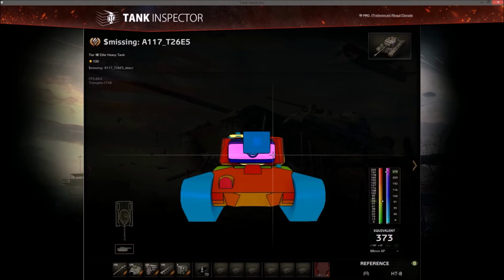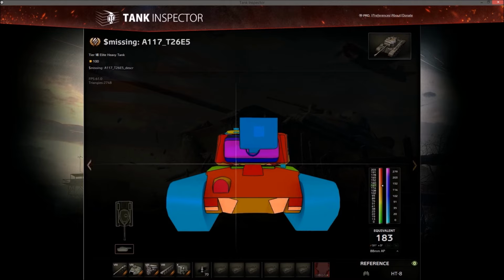Turret armor is 279 on the mantlet with some armor underneath, so you're not penetrating the mantlet. Good luck, but you're not. Side of the turret is 191. So unless you hit this part and just barely miss the mantlet, you could penetrate with a high penetration gun, but yeah, no. Unless he wiggles the turret, you're not penetrating the turret. You could jam a shot into the turret ring right here. So this is 183mm effective. So unless you're super lucky, you can jam a shot into the turret ring, but I highly doubt it because